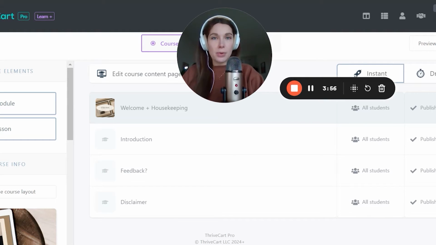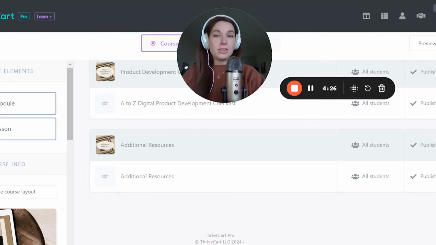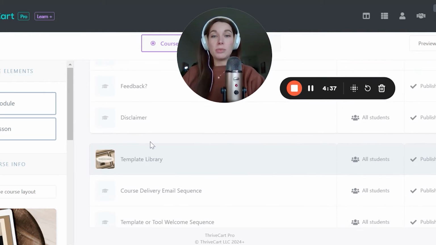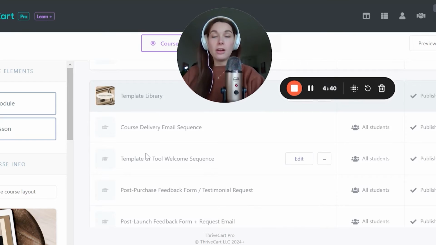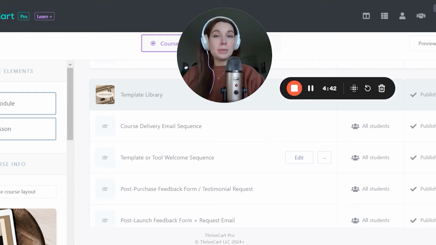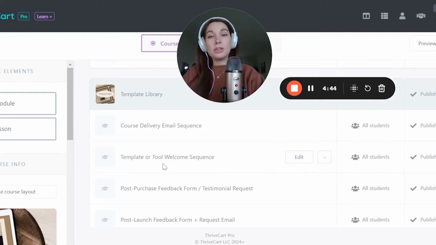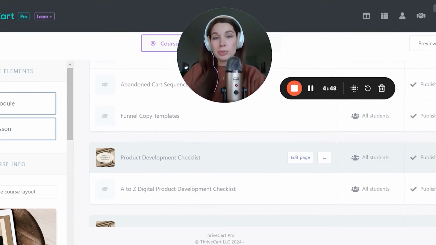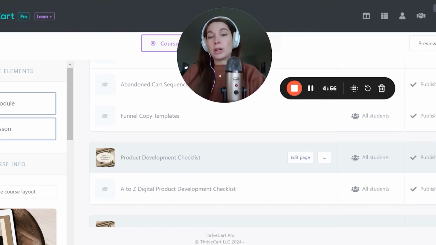So to give you some examples, every single product that I sell has a welcome and housekeeping module. So the introduction, a space asking for feedback, any disclaimers about copyright and that kind of thing. And every single product also has an additional resources section. Then if it were a course, we would be getting into the modules and the lessons in here, versus when it's a template library like this one, I have the template library with all of those linked below. And then I have any additional resources or bonus resources, which in the case of the digital product sales pack